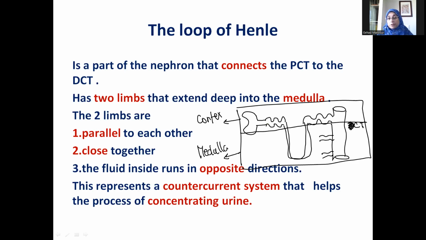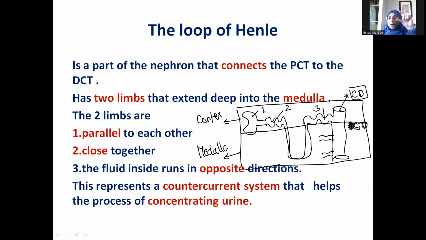So what are the parts of the nephron that lie in the renal cortex? Number one, Bowman's capsule. Number two, the PCT, or proximal convoluted tubule. Number three, the DCT, or distal convoluted tubule. And finally, the CD, the collecting duct,